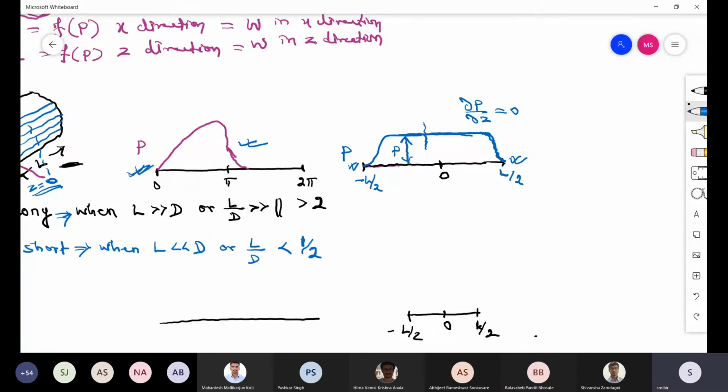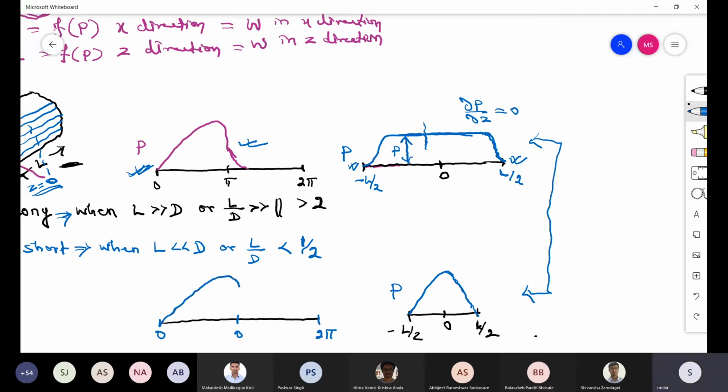Now how will the pressure look like? If it is infinitely short, then pressure will increase, at the middle of the bearing it is maximum, and then it will decrease. This is the kind of pressure that will develop if it is infinitely short. Now compare, this is infinitely long and this is infinitely short. Okay. Now if you ask me about 0 to 2 pi in this theta direction, the pressure development will remain something like this, very similar.